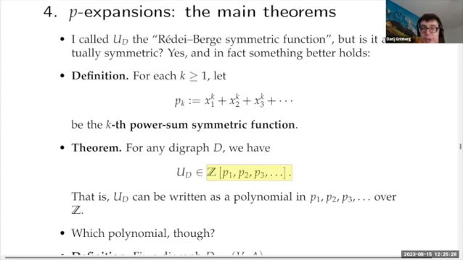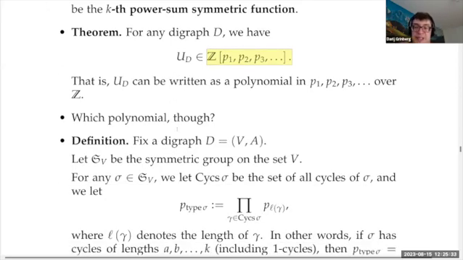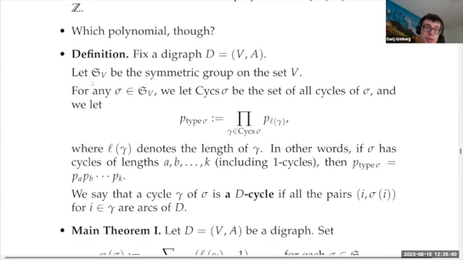Now, which polynomial? It turns out that this has an answer, a pretty nice combinatorial answer, but it needs a little bit more notation. So we have a digraph D, and SV will mean the symmetric group on the set V, the group of all permutations of the vertices. If sigma is such a permutation, then cyc sigma means the set of all cycles of sigma, and we also let P type sigma be the product of